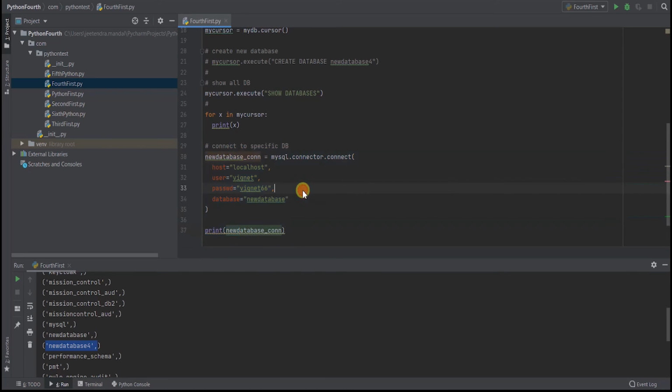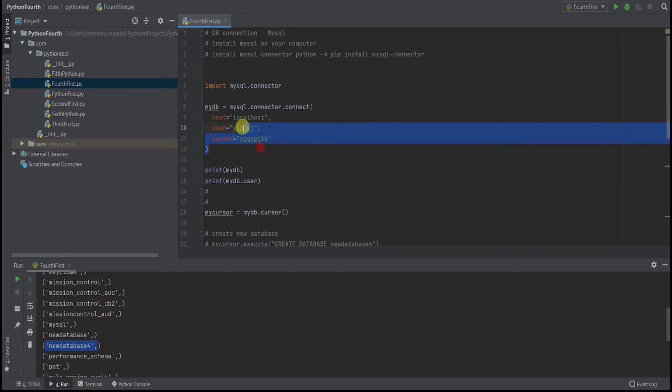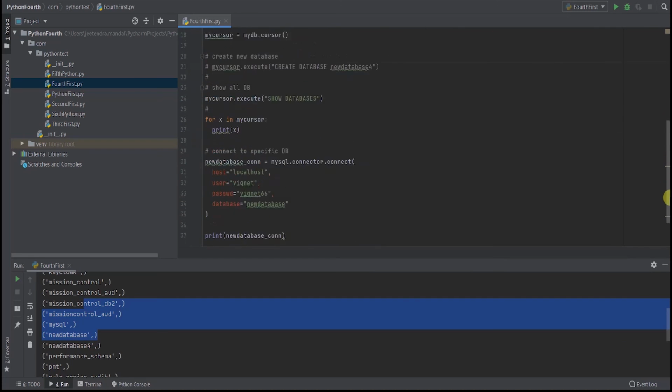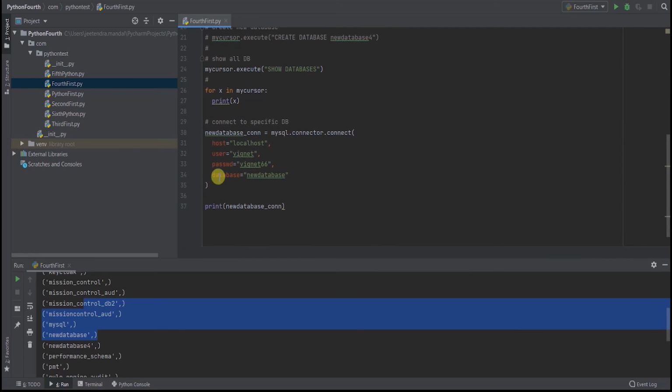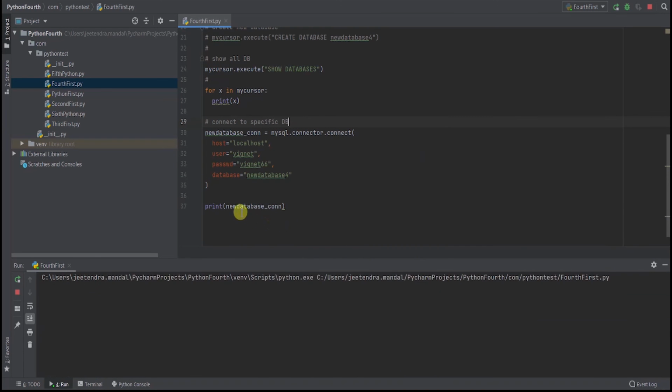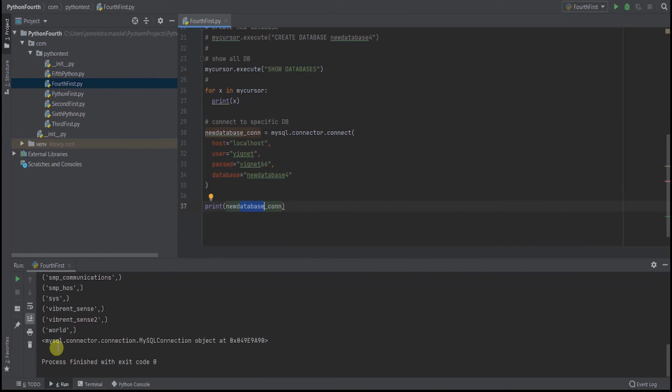Now if you want to connect to a specific database, like here I have not specified any database name, by default you can access all databases. But if you want to connect to a specific database, in this case you need to give the database name. So if I want to connect to database 4, for example, then this will get printed. See, it gets connected to database 4 as well.